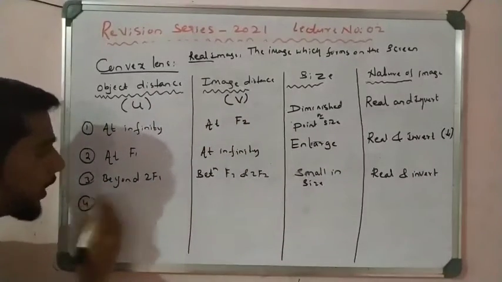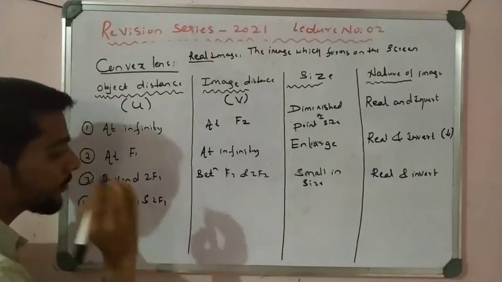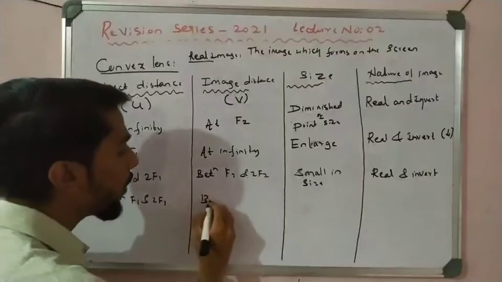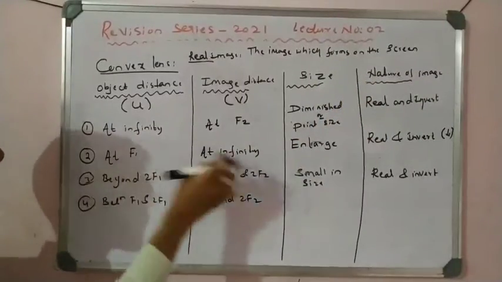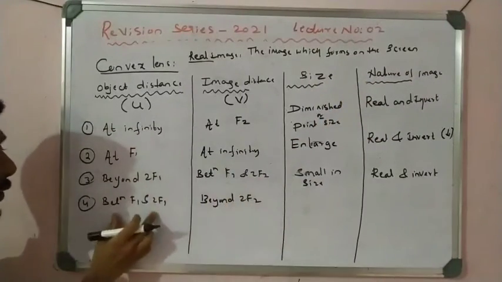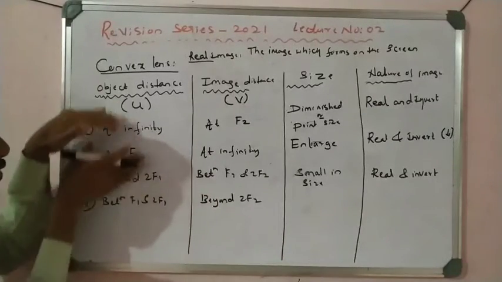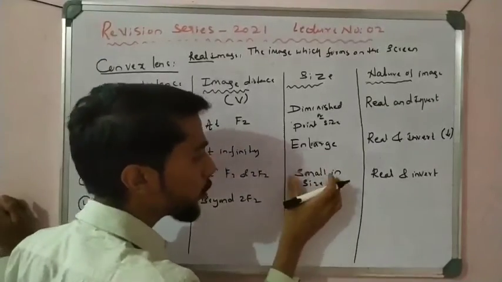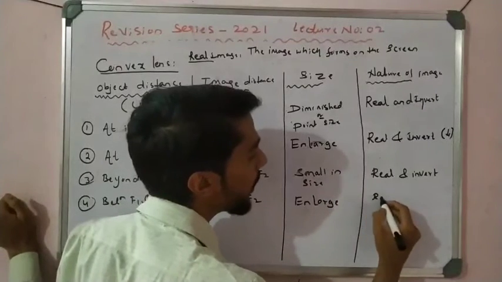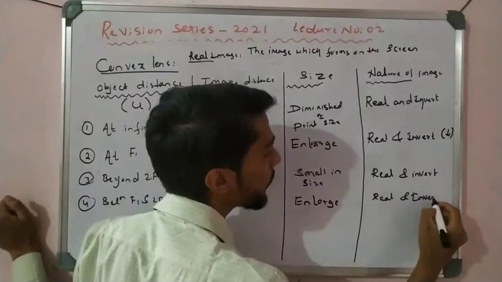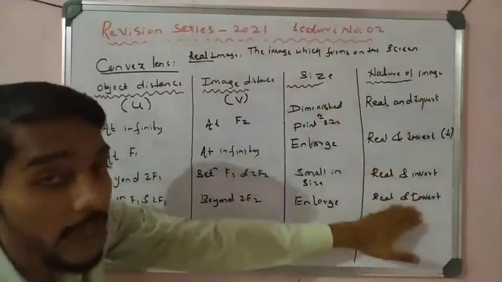Now I can take this one, reverse, between F1 and 2F1. What happened here? You are right, that is beyond. See here, it is beyond 2F2, right side beyond. Beyond 2F1 means between here. If beyond, between here means it is beyond. So that is what cross. That is very important. This is one group, this is one group. They are matched to each other, right? So here see, reverse, it is small, means here what happened? Enlarged, and large. So it is the same, real and inward. So we observe that in the 4 cases, the convex lens only forms the real and inward image, right?